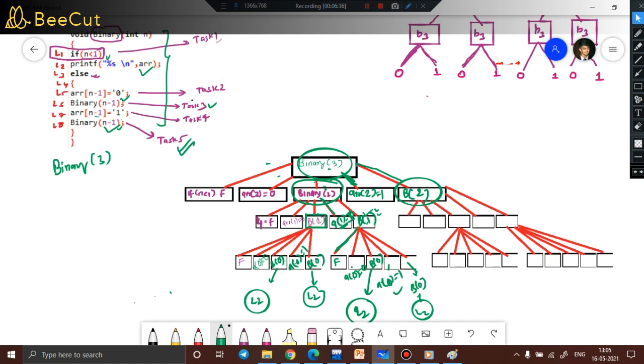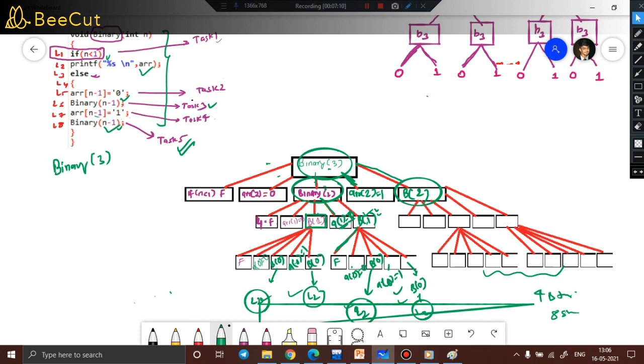So it is quite probable that things will be quite similar from here onwards. You can just trace the tree accordingly, and you will find that 4 strings are printed from this particular path, and similarly here also you will get 4 strings. So in total we will get 8 strings, and I hope you got the intuition about how things are actually working in generating all the possible binary strings of the array.